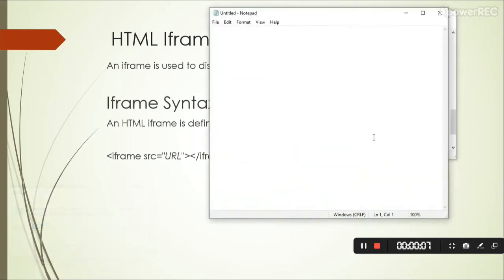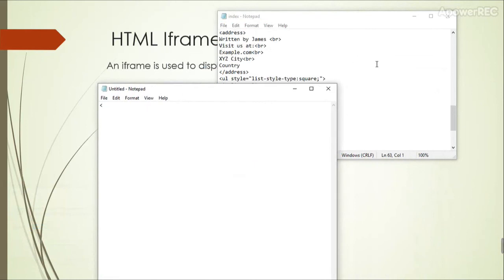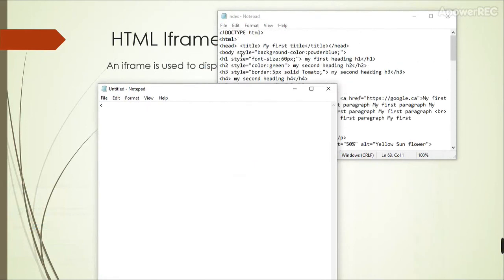Here again we will write from same, like a doctype, HTML, head. We will go again with these steps. Doctype, HTML, then HTML,